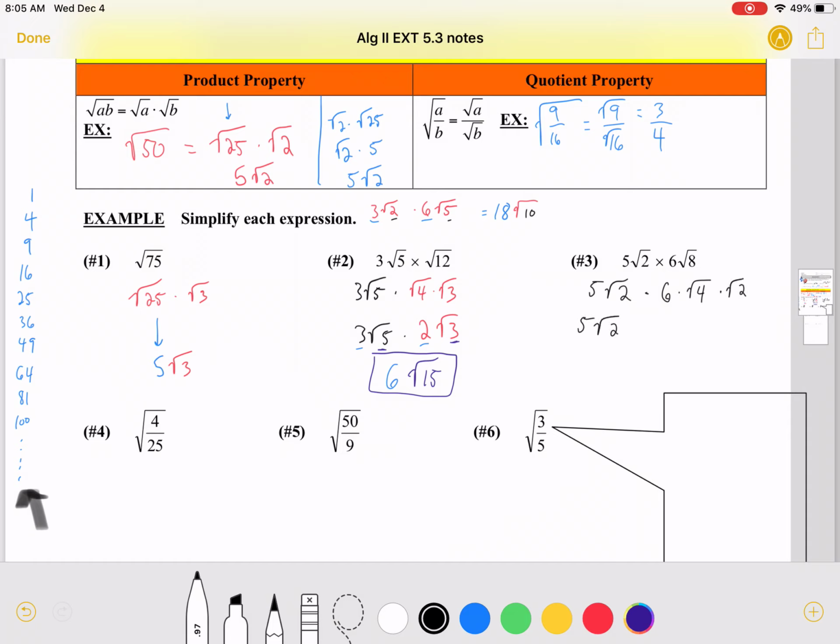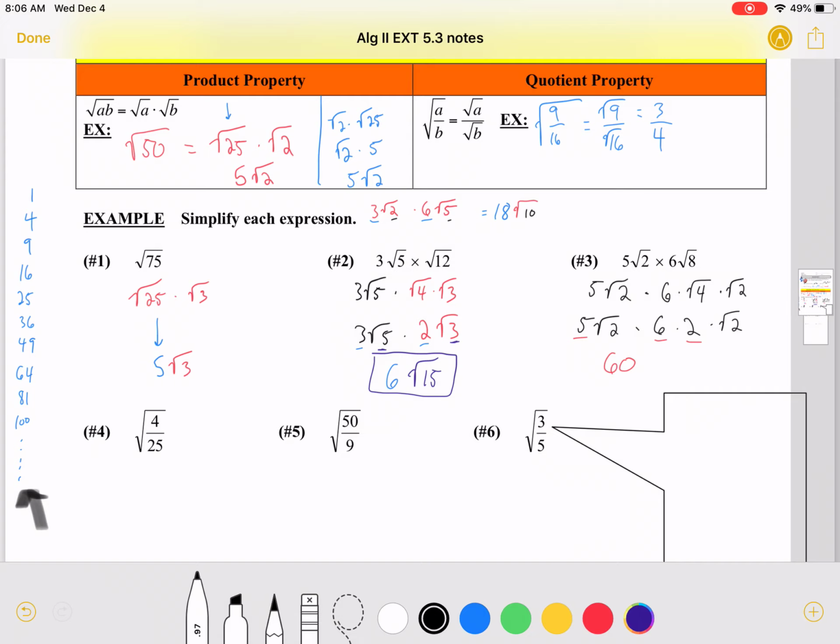So now we have 5 times the square root of 2 times 6, and we can reduce the square root of 4 down to what? 2 times the square root of 2. Now we just multiply together everything that's outside of the house. So what is 5 times 6 times 2? Well, 5 times 6 is 30. 30 times 2, you should get 60